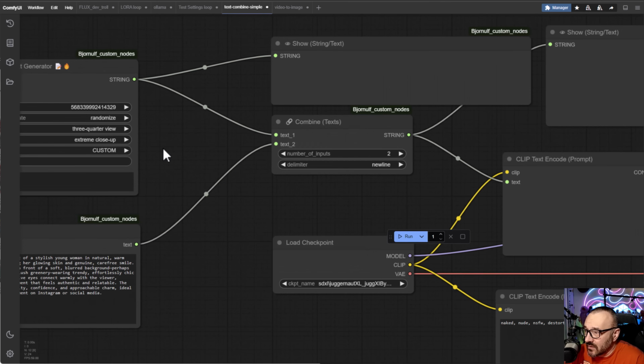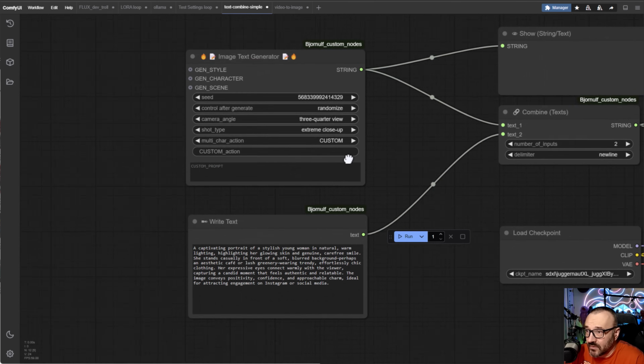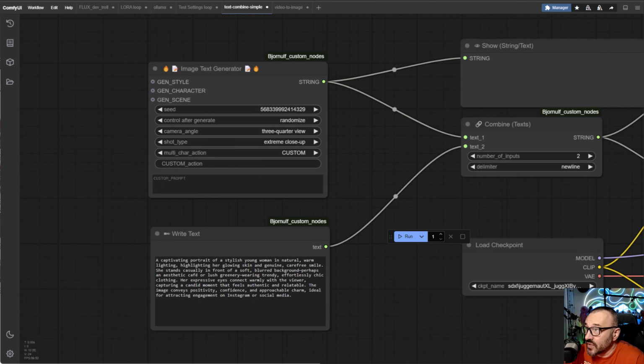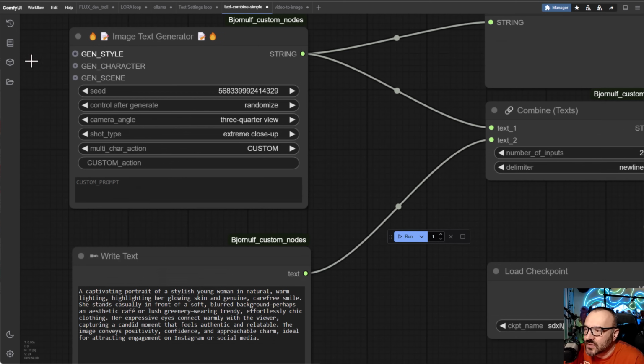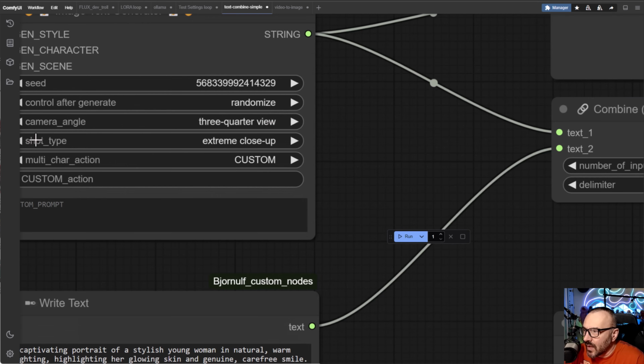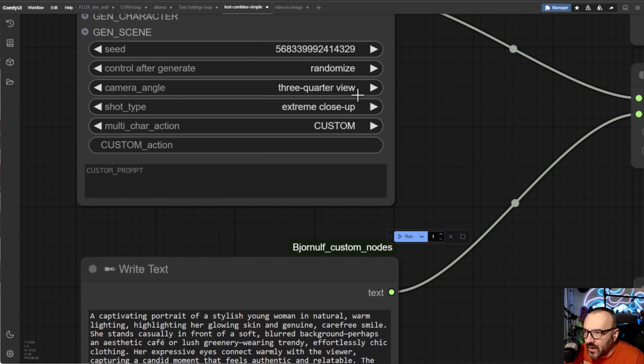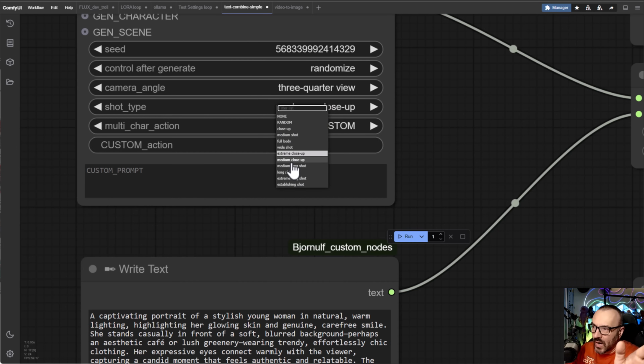So right here, we have, for example, image text generation. And this prompt allows us to also specify some options. Let's look at what it has in this text prompt. It has camera angle. We'll take 3/4 view, shot, extreme close up. And if you click down, right here, very beautiful shots that are used in cinematography. So you can have a long shot, wide shot, other things,